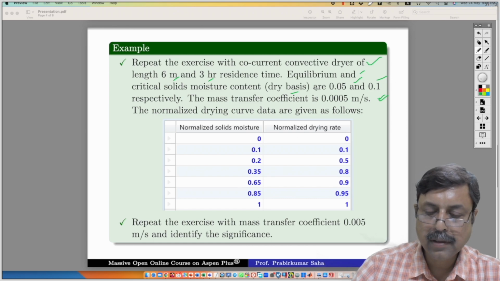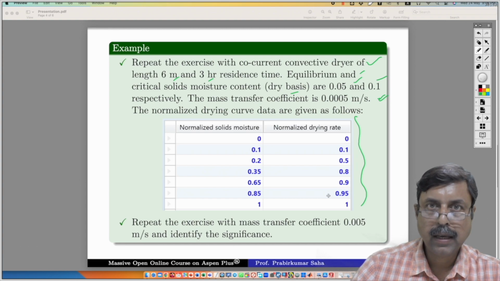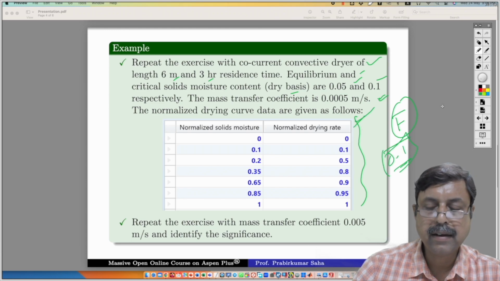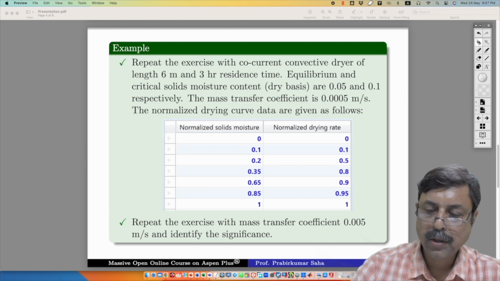The normalized drying curve data are also given. Okay, so instead of that shape factor F, which ran from 0 to 1, instead of that, they are giving the drying rate data. Okay, so solve this problem. It is of convective dryer. So for that,